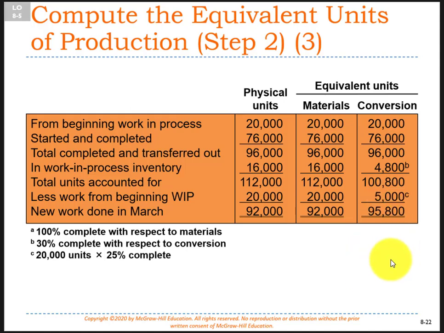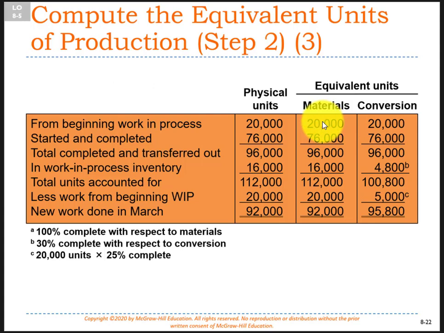But on the conversion, we are going to subtract out only the 5,000. What was the 5,000? That's what was already done before. That was 20,000 units that were 25% complete. When did that 25% get done? In February. We only want March, so we subtract out the 5,000. Another way to do this is to